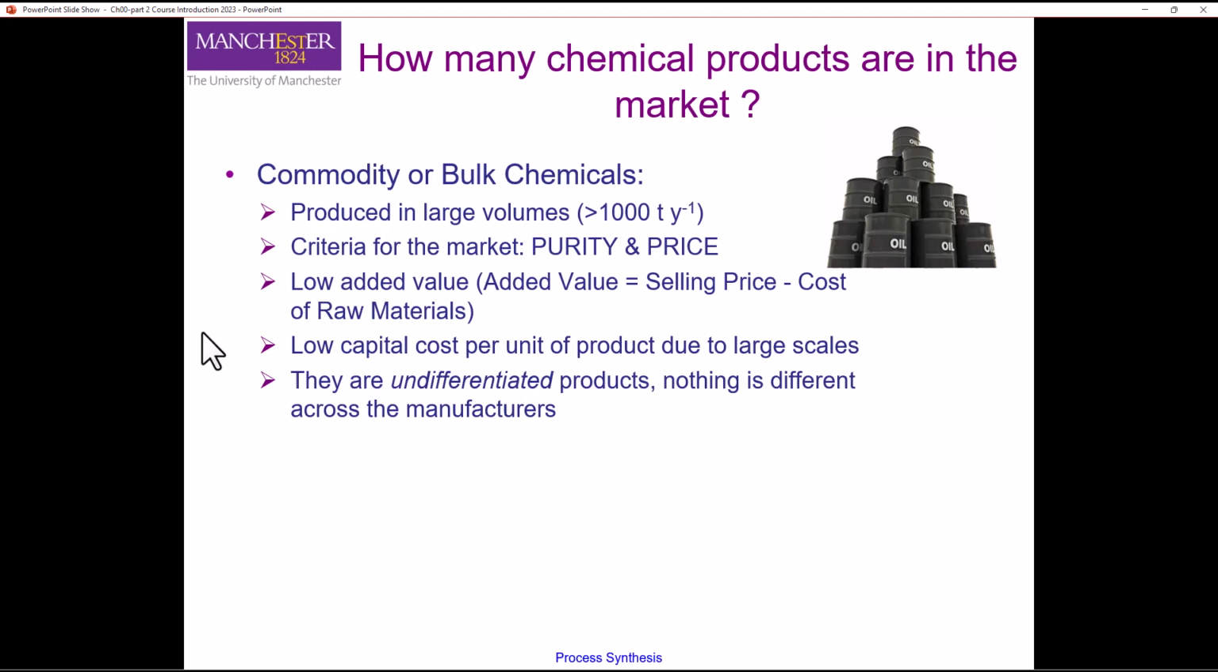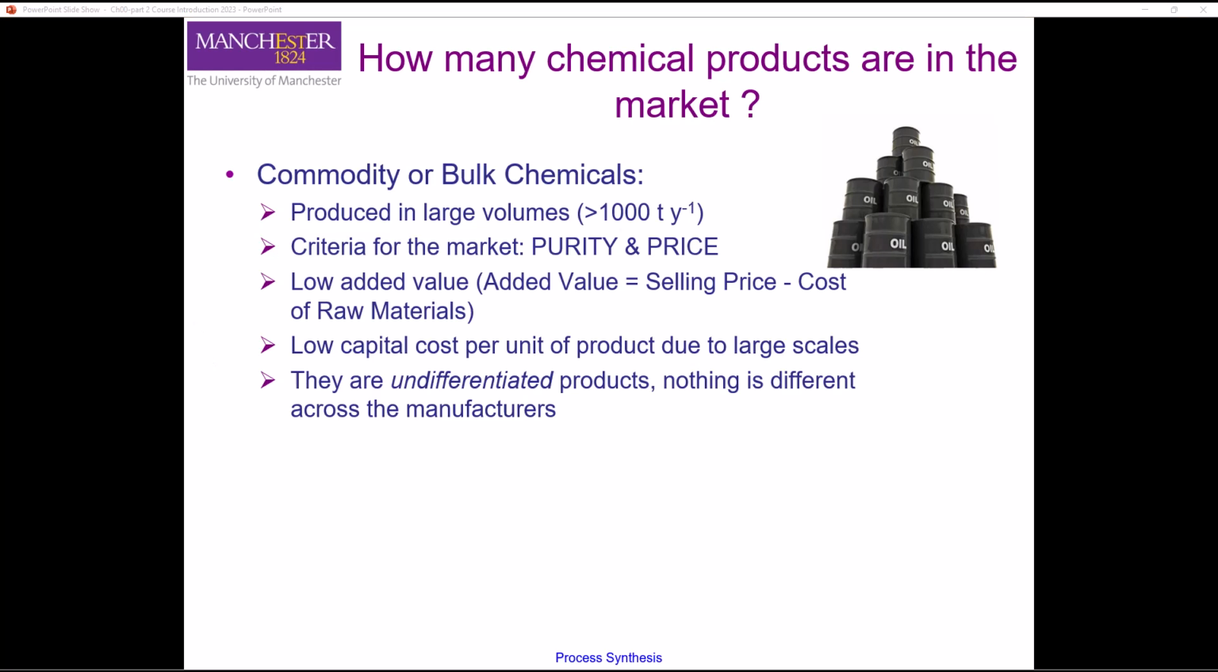Because they are commodity chemicals, there is nothing special in terms of their function. So you have to produce them in large quantity to get the profit out of them, because per unit of product you have a very small margin. Okay,